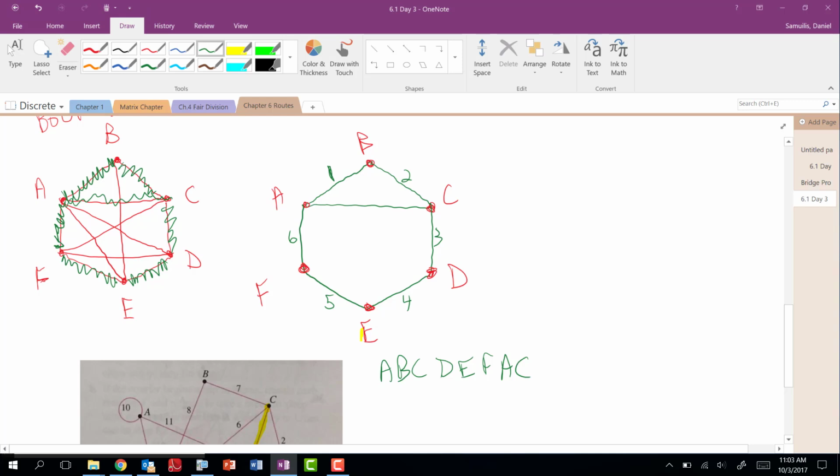That's 7. So I can put that 7 right here, real tight on it. And then I have to go here. That's the only move that's left, so C to F. And then I could put an 8 real tight here, so I know that that's the move. Then I have only one way out of F, which is F to D. And that's move number 9. And I could put that like below, I think, 9.